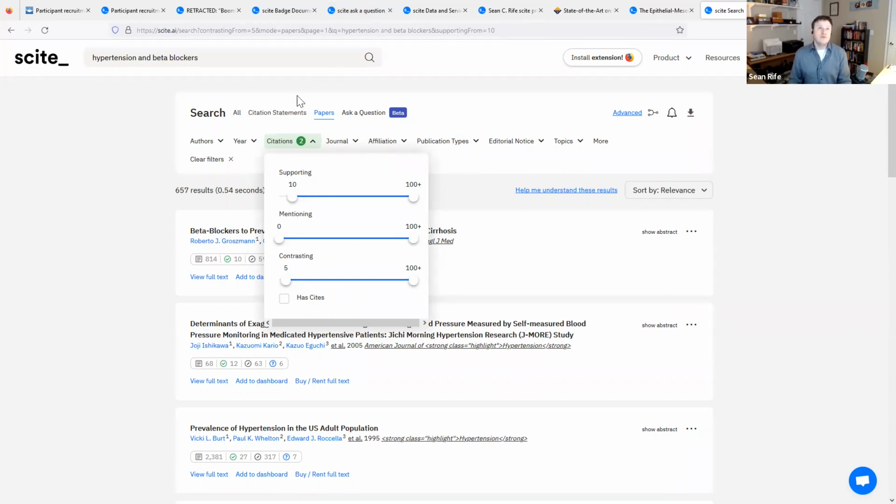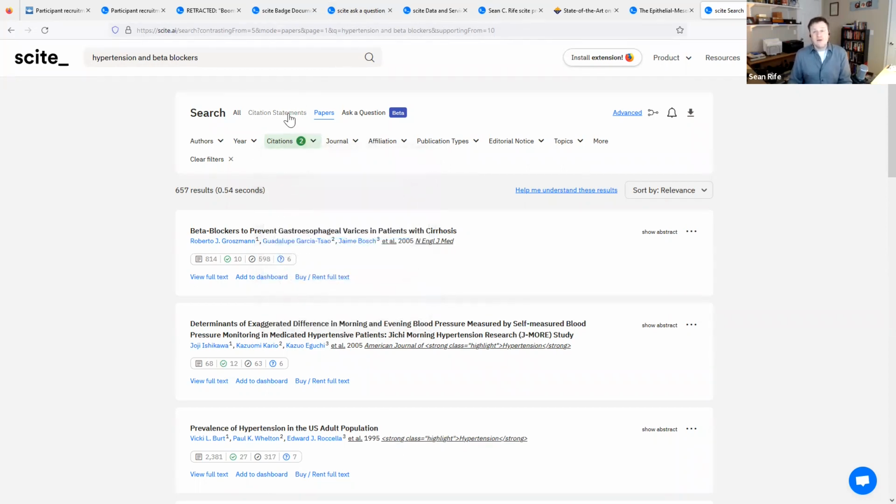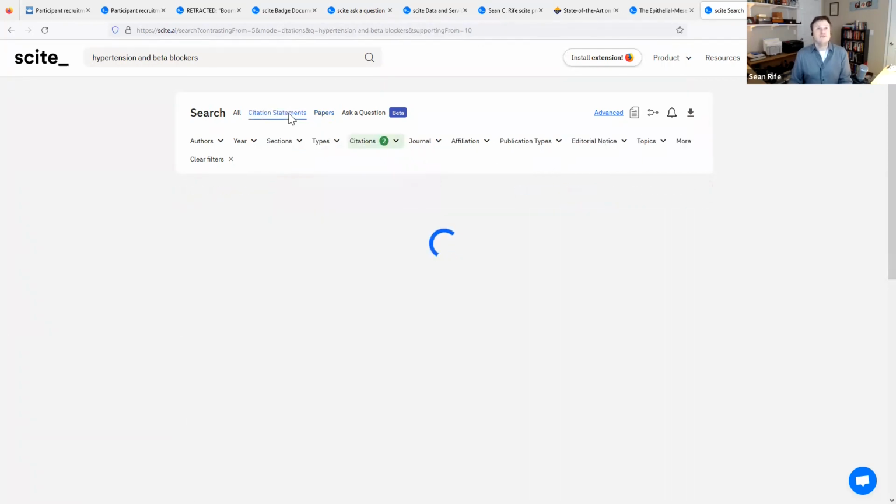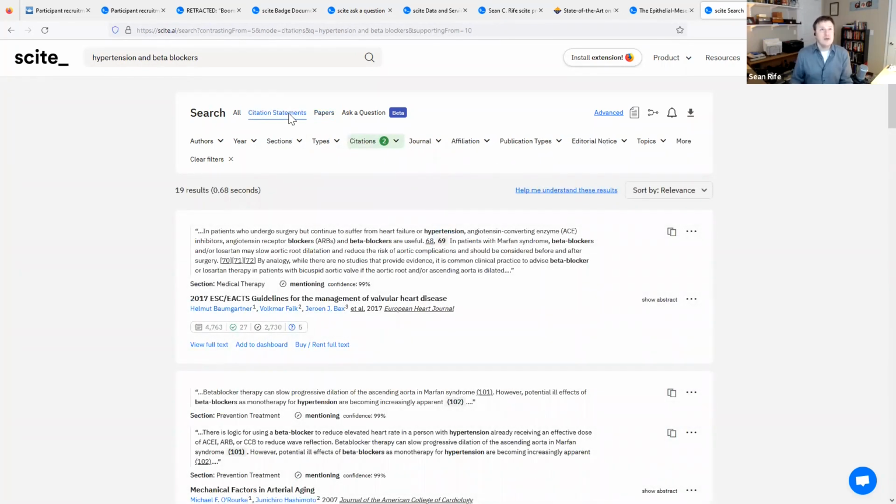We also, again, this is something that makes Scite unique, have the ability to do searches of citation statements themselves. So you can actually search not just the metadata and the keywords and the abstract, but you can search for citation statements in the full text of the article. And again, this is something that is unique to Scite because of our relationships with publishers and licensing groups. So that will give you a more in-depth investigation of how those terms appear in the scientific literature.